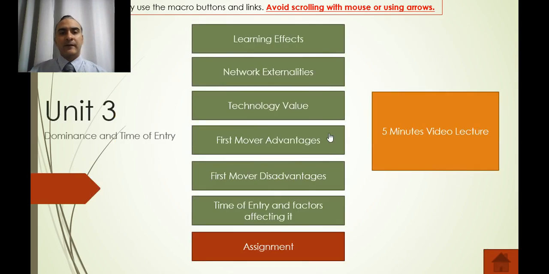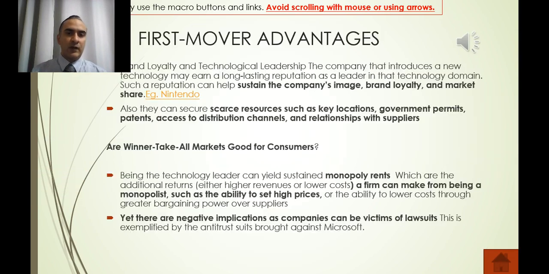Now, first mover advantages. What happens when you are the first one to develop a new technology? So when we look at companies, here we have, for example, the case of Nintendo. When you think of video games, Nintendo is the first company that comes into your mind. Or when we think about online dating, Tinder. When we think of transportation, Uber. So all these companies have already settled their brand image. People are loyal to them, people use them, and they have the majority of the market share. So those are the advantages, right? So the same thing,